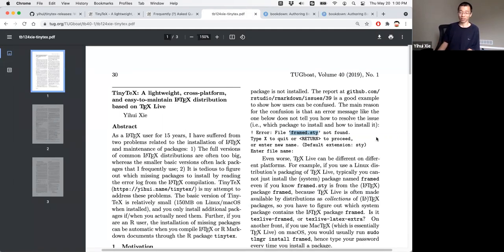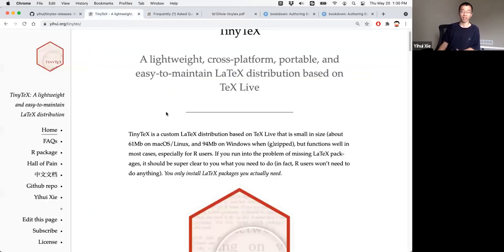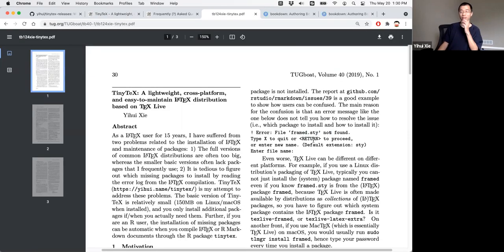And unfortunately, I guess most R users don't know how to find the LaTeX package that contains this style file. So that is the job that I did in TinyTeX. Basically, I automated this process. So whenever I compile a LaTeX document and if I run into an error, I will parse